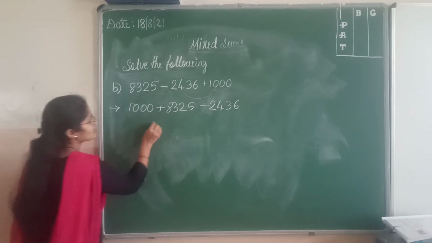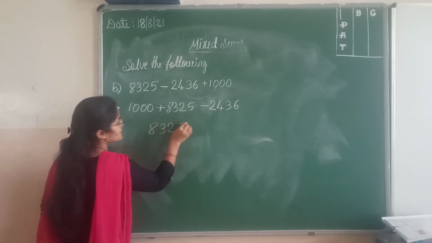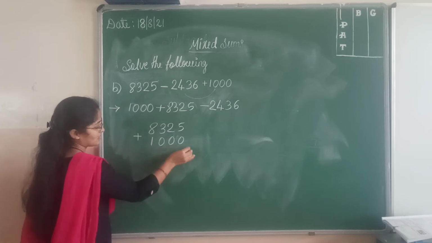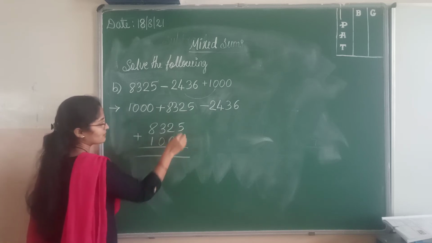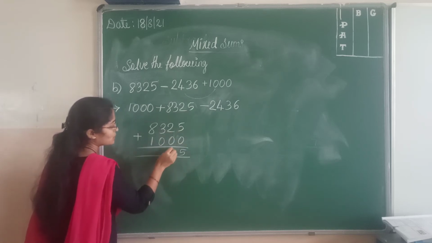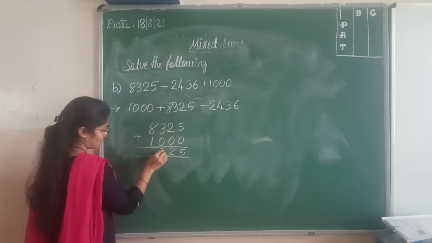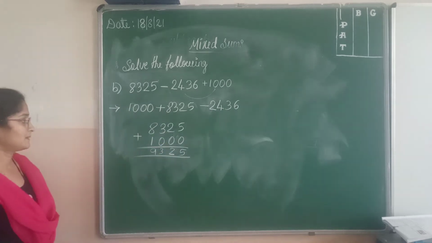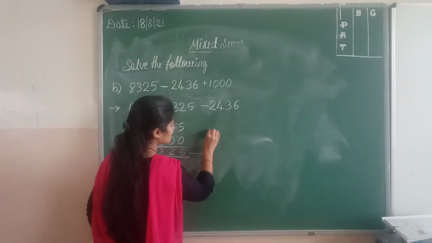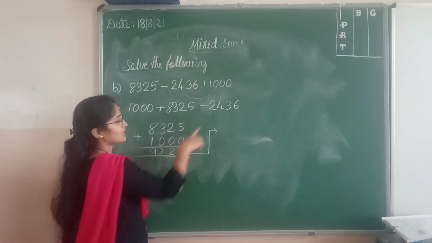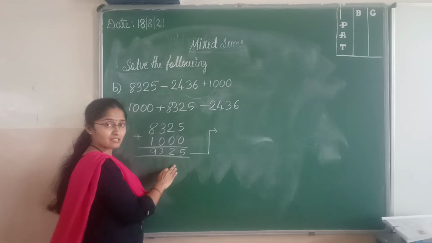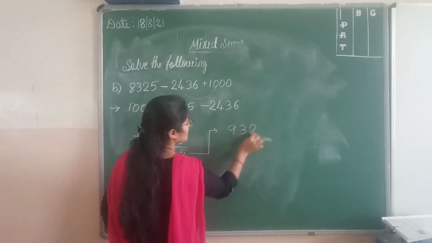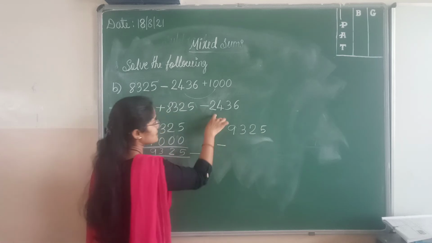So let us write 8325 plus 1000. Okay, start adding. 5 plus 0 is 5, 2 plus 0 is 2, 3 plus 0 is 3, 8 plus 1 is 9. Now from this number you are going to subtract this number. So what is the answer we got after adding those two numbers? 9325 minus